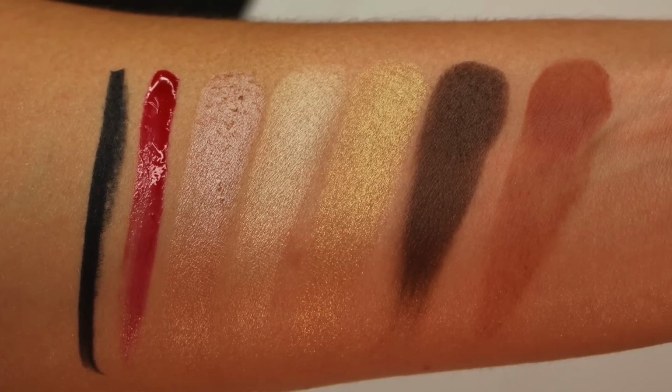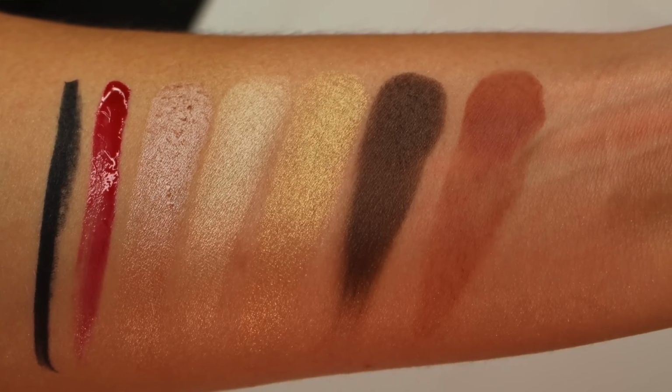Then once I actually got in here, swatched everything, wore everything, I was super impressed with the quality of everything. The eyeshadows are all very smooth and pigmented. The shimmer is very finely milled, so it comes off closer to a metallic rather than a chunky kind of shimmer all over your eye. Although there is this one gold down here in the corner that does have more of an iridescent overlay, which is kind of fun for the holidays and actually really fun to play around with